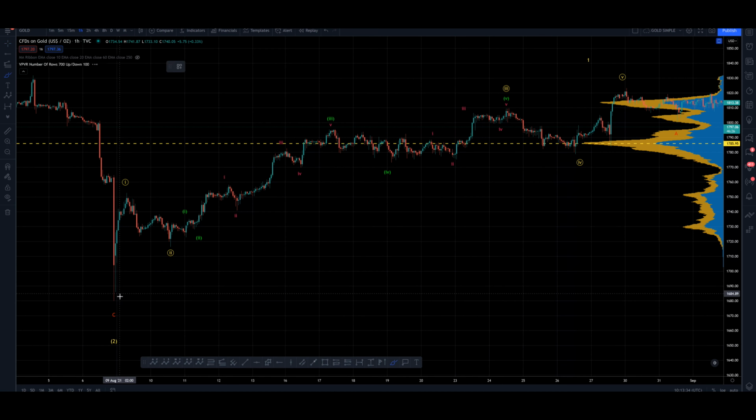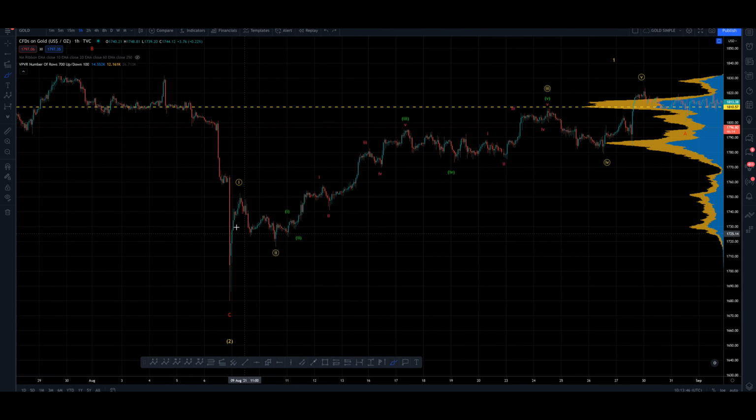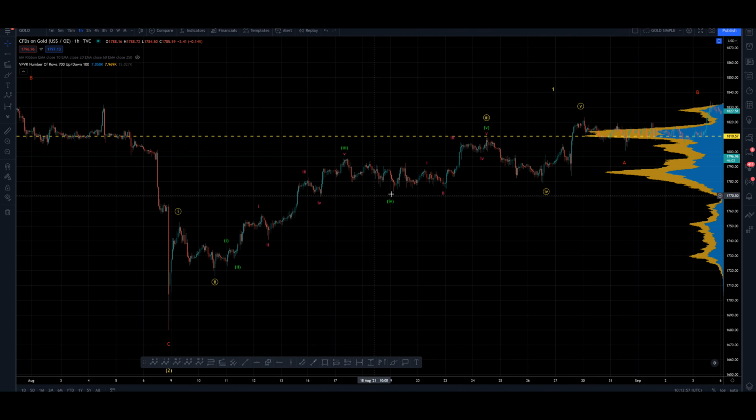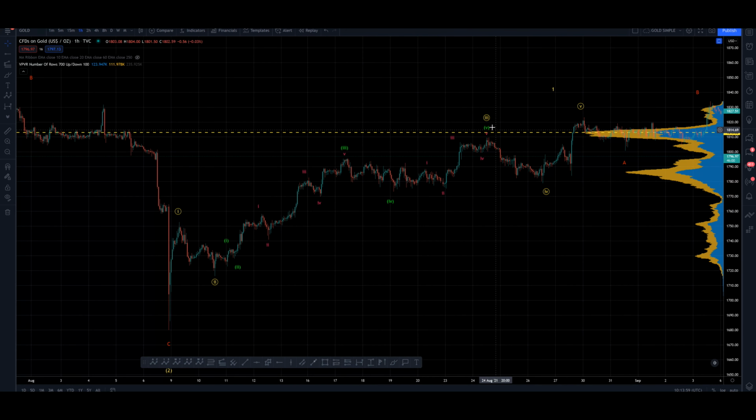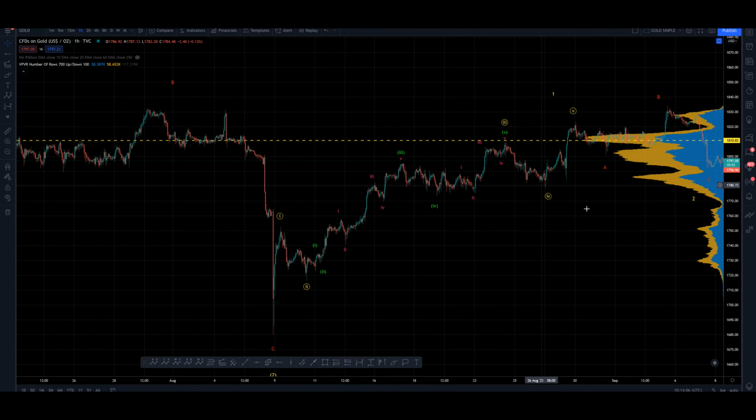So the initial move off the low does look impulsive, and then we have what appears to be another 3-wave correction. So this becomes our 1, 2, and then from that point I've assumed an extension in the 3, which is always the assumption I make first, and we go into minute 1, 2, minuette 1, 2, sub-minuette 1, 2, 3, 4, 5 is minuette 3, minuette 4, minuette 1, 2, 3, 4, 5 sub-minuette, 5 minuette, 3 minute, 4 minute. So this is 1, 2, 3, 4, no overlap.